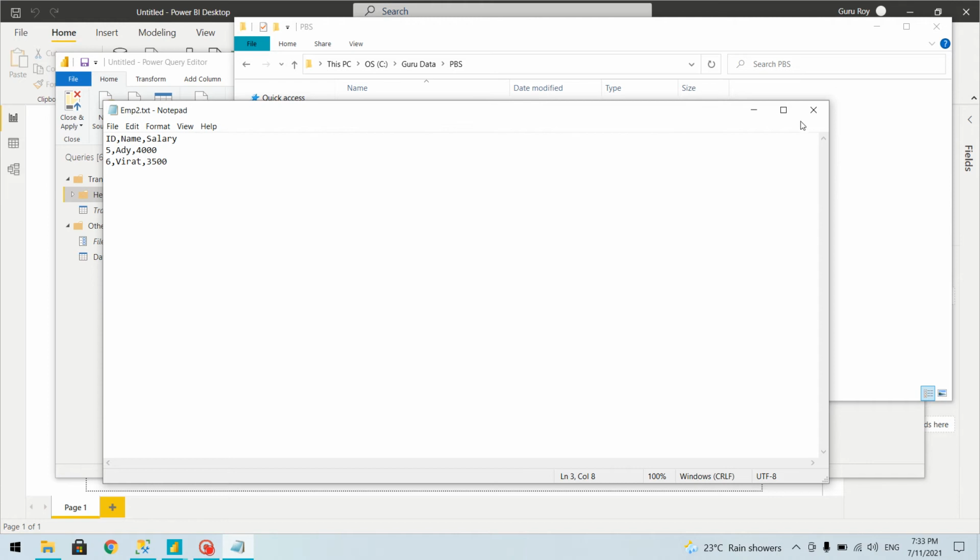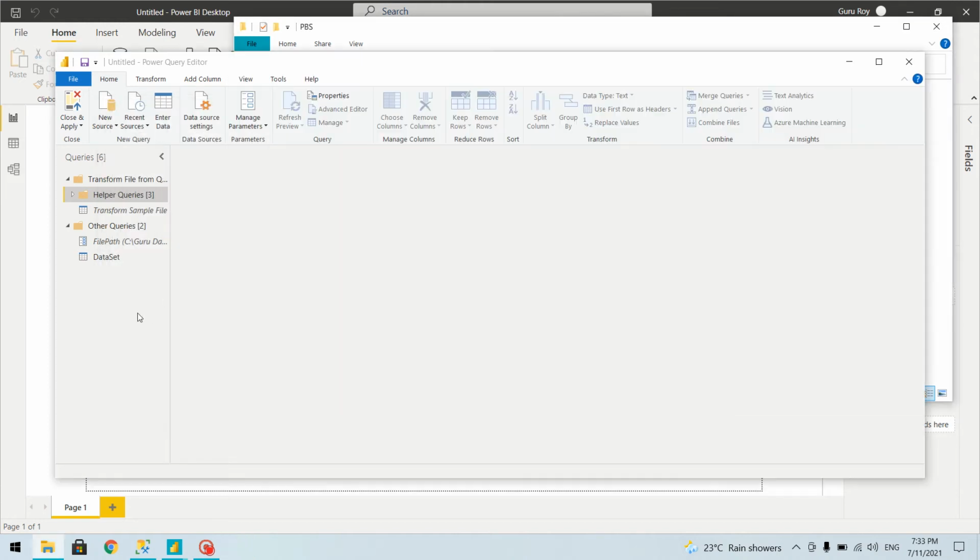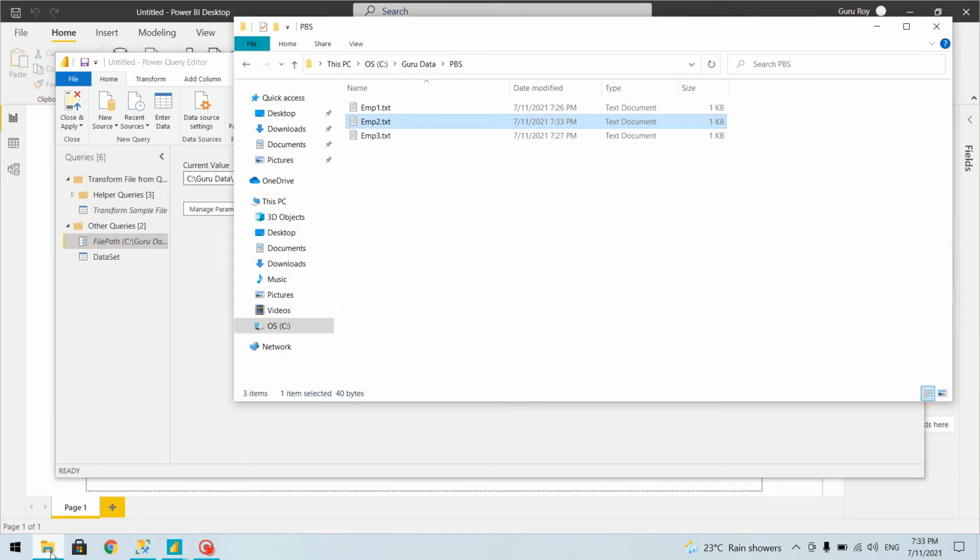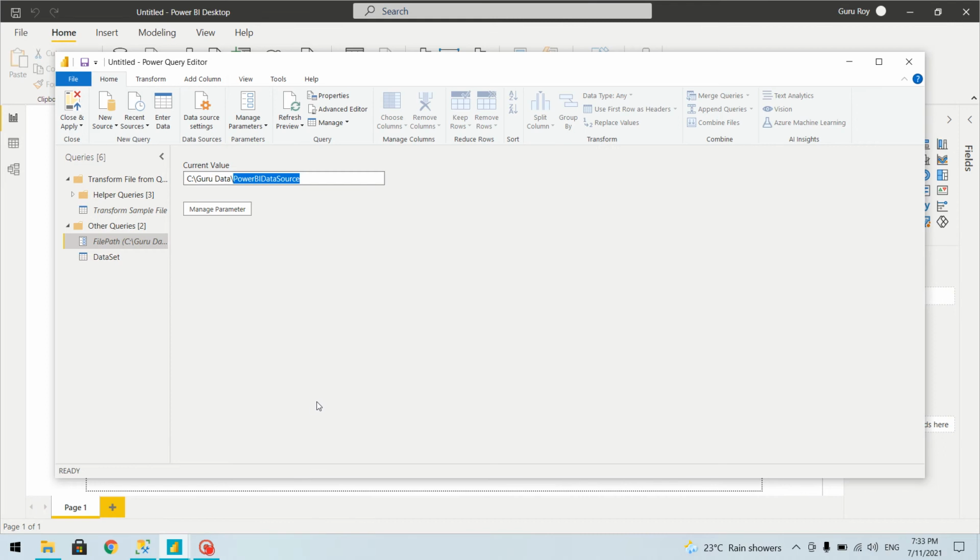And let's save it. Now what we'll do, we'll simply change the folder path and we'll try to refresh. So it's PBS, make it PBS, and we'll close and apply.